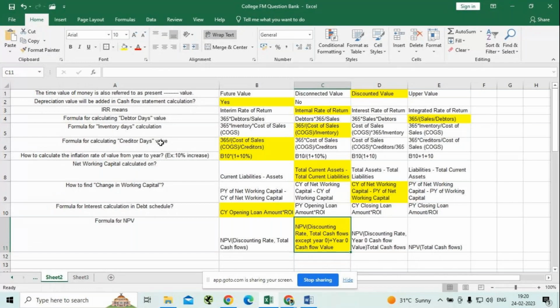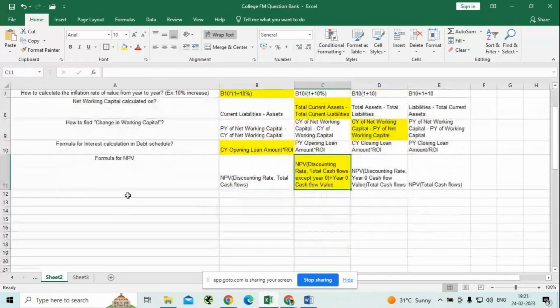Which function do we use to calculate the EMI or EAI? Does anyone remember? So PMT. Very good. That is the function we use to calculate the EMI